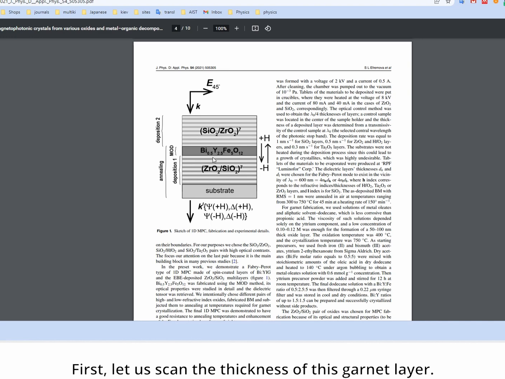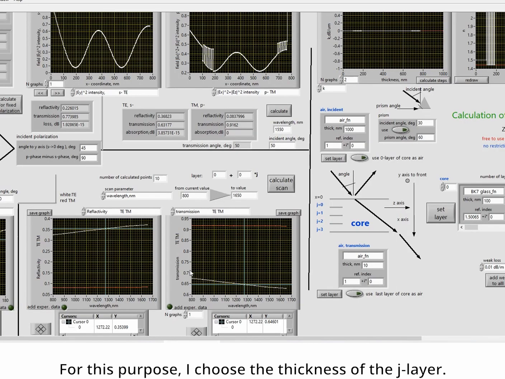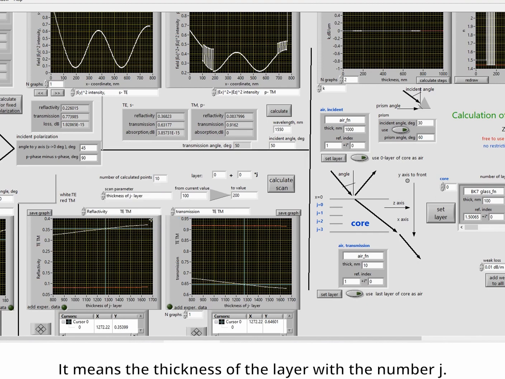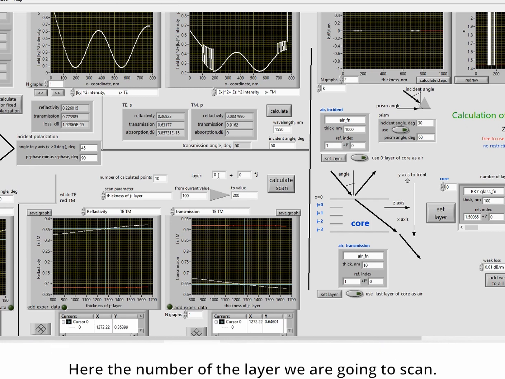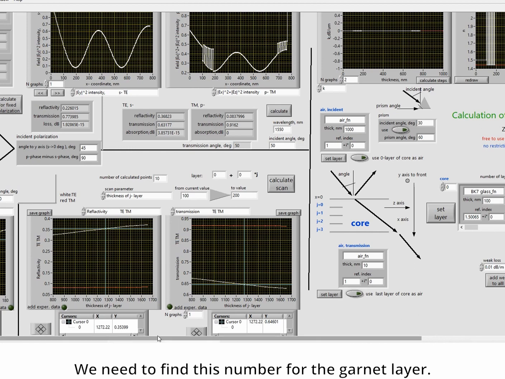First, let us scan the thickness of this one garnet layer. For this purpose, I'm choosing here thickness of G layer. It means the thickness of the layer with number G. Since we're scanning only one layer, for repetition number here, let's input 0. No repetition means. Here, the number of layer we are going to scan. We need to find this number